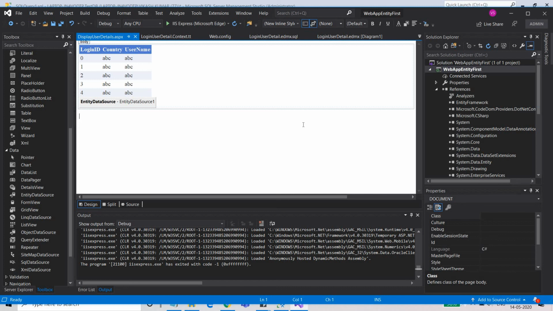There are many more things in the entity first, but we will discuss after the basics are covered. After the basics are covered, I will try to cover the advanced concepts, and then we will see how we can do the queries on the tables dynamically, how we can fill the records, how we can update the records, and all that.